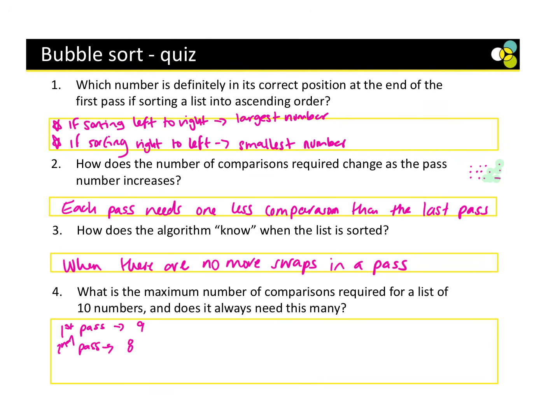So 9 plus 8 plus 7 plus 6 plus 5 plus 4 plus 3 plus 2 plus 1 is 45, okay? So 45 would be the maximum number required for the list, considering that if we had 10 numbers, we'd have to do